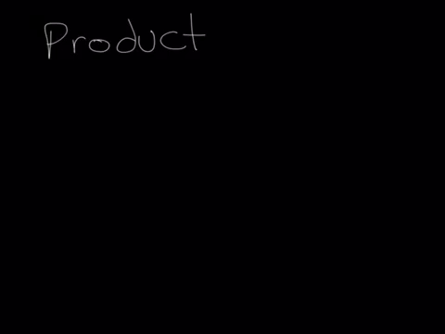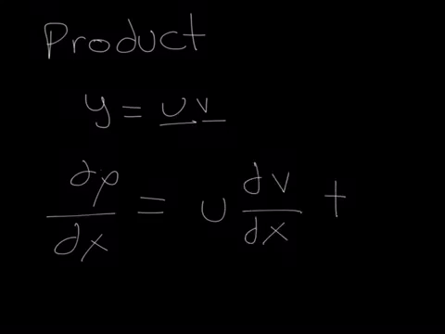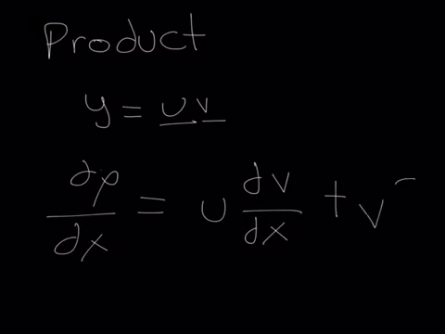The next rule that we will talk about is the product rule. This is a rule that applies when products or multiplication occurs. y equals u, a term, times another term v. The rule says that dy over dx is equal to u times the derivative of v plus v times the derivative of u. Now, in order to understand this better, we will do an example